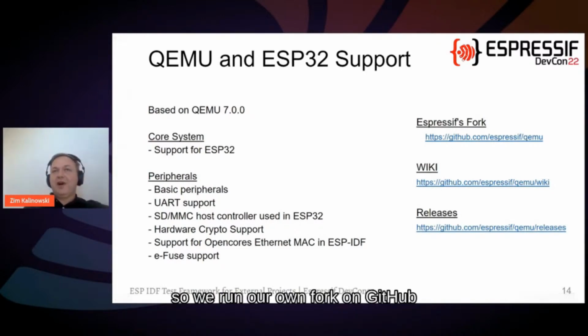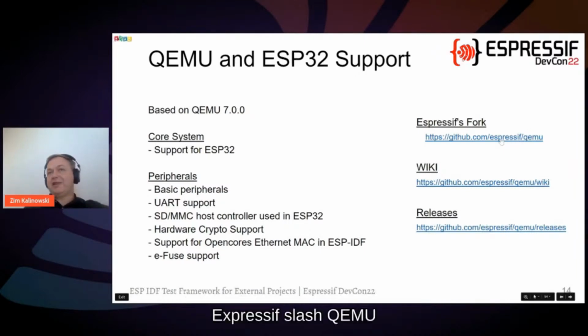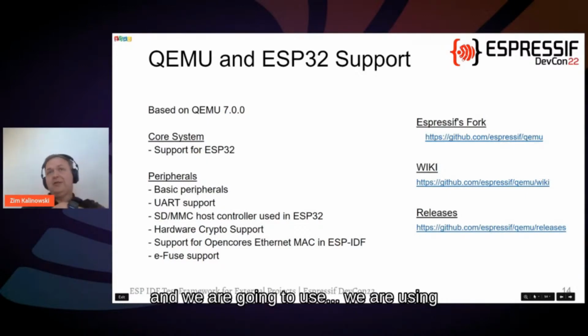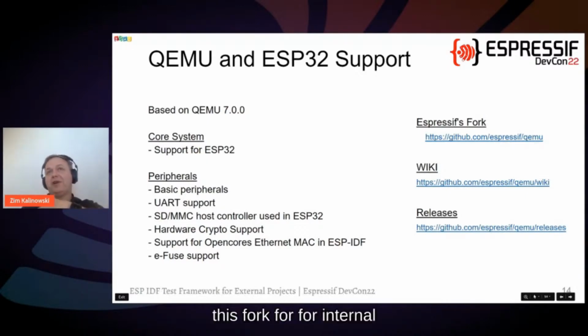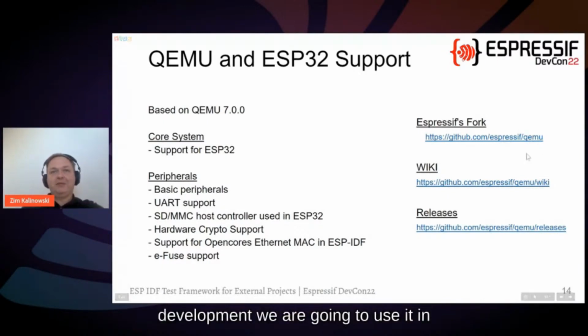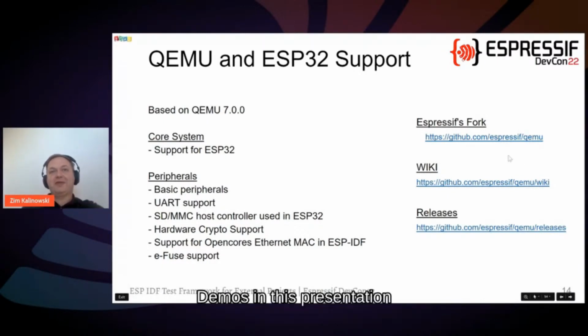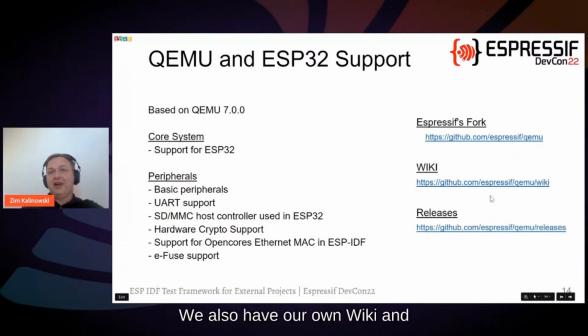So we run our own fork on GitHub, Espressif/qemu. We are using this fork for internal development, and we are going to use it in demos in this presentation. We also have our own wiki and